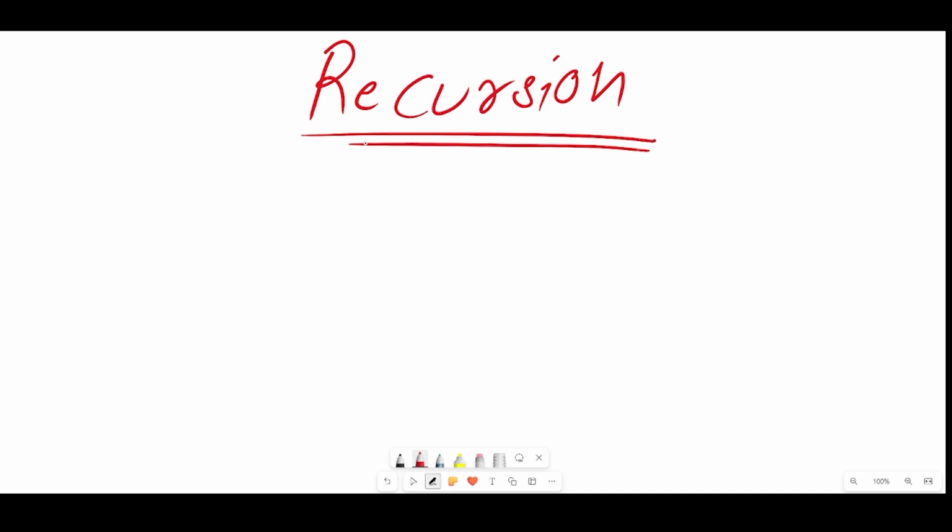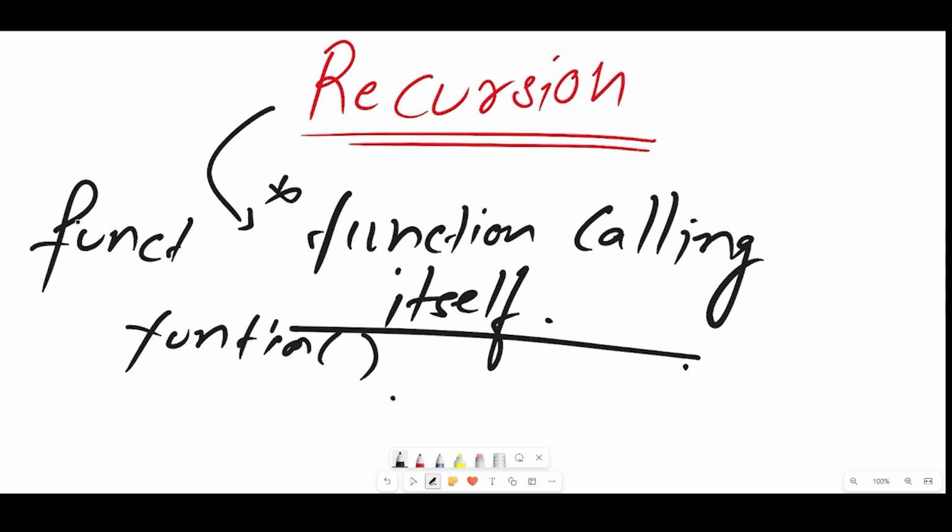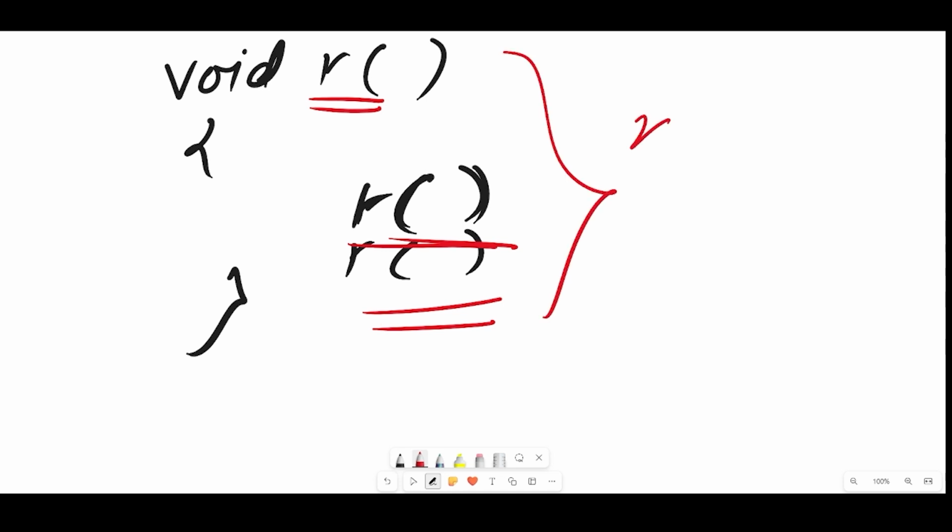So let's talk about recursion and what is it, how does it work? Well, if I have to give you a very simple idea about recursion, we simply say that it is a function calling itself. Now you may not understand this statement which I have written here, function calling itself. What does it mean? Simply, we have a function and that function calls the same function. We call it recursion. If I have to show you with a diagram, it will be something like this. Let's say I have a function void r, and inside here I have the same function r and r again. As you can see, the same function is calling itself inside it. This process, we call recursion.